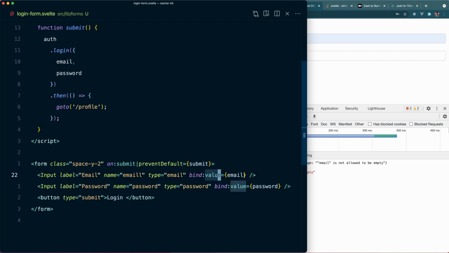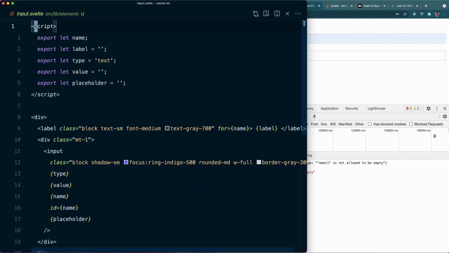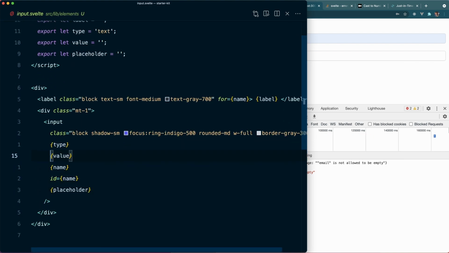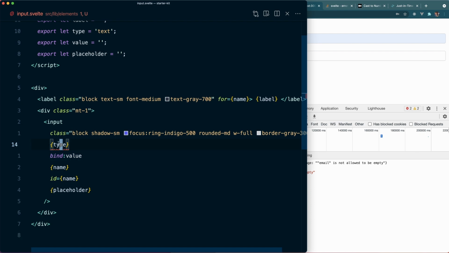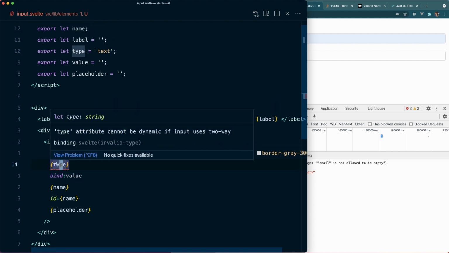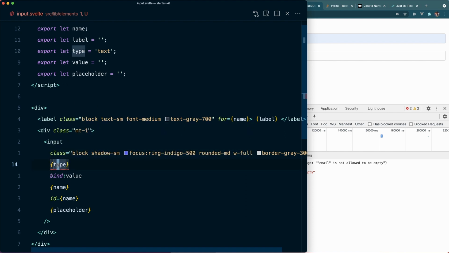Okay, we are binding value email. We have to do the same in the input component itself. So here, we can't do value, but we have to bind the value like this to value. Again, the shorthand for this is just bind:value. Okay, so let's remove this and save it. Then we get this error: type attribute cannot be dynamic if input uses two-way binding. So we are actually setting the type dynamically, but it says that it cannot be dynamic when we are using